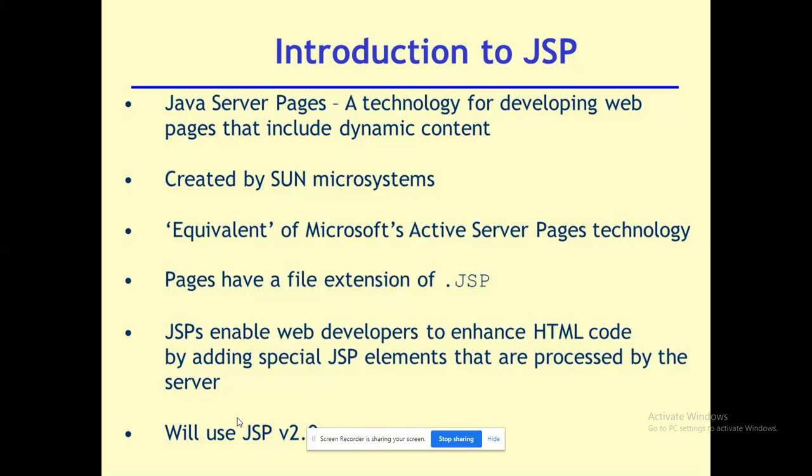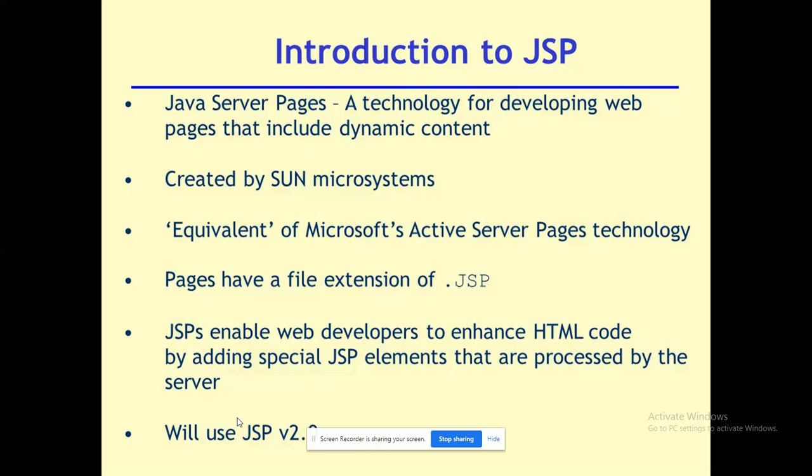Relevant to JSP, we have a competitor in the Microsoft environment, which is ASP, Active Server Pages. JSP will be completely taken care of and hosted by the Apache Tomcat server. But ASP in Microsoft is taken care of by IIS, Internet Information Server. If I need to run an ASP program, I need IIS. If I need to run a JSP program, I need a Tomcat server. That's the main thing. Both of them play the role of web servers. We store this file with the extension .jsp.